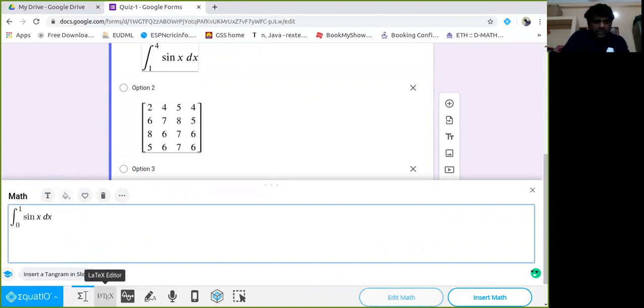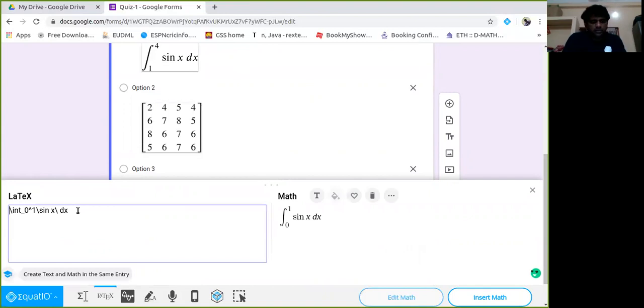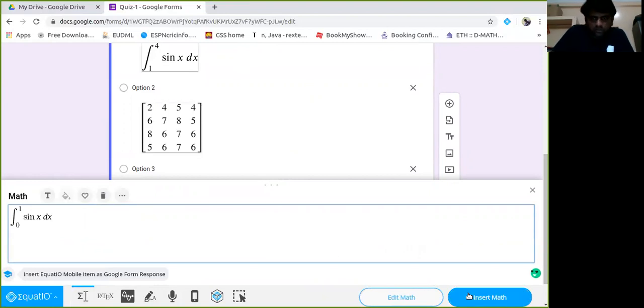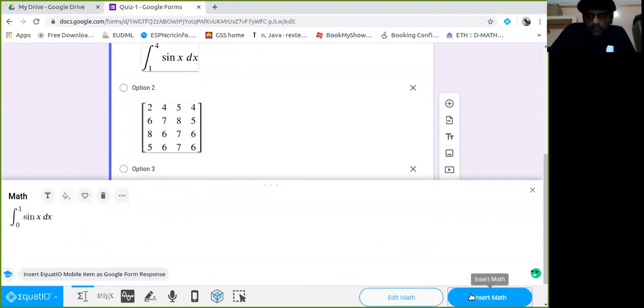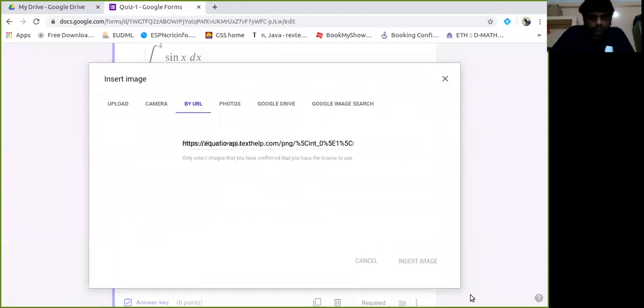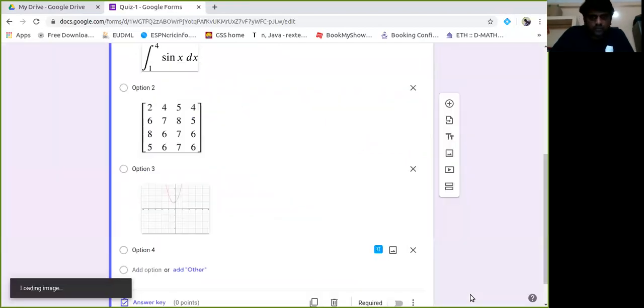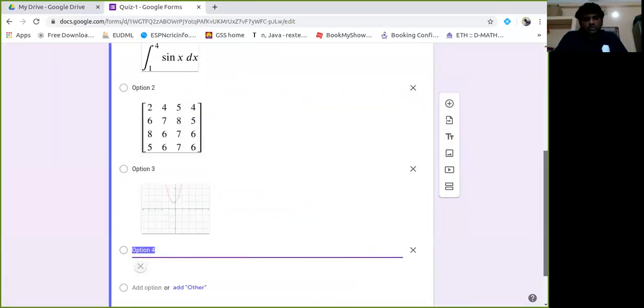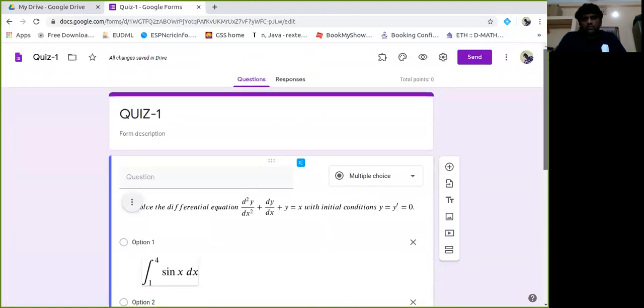Then click on the LaTeX editor. You can see this LaTeX code. We don't need this code, so we use only the symbol. Click on insert. See, in option 4, you can see integral 0 to 1 sin x dx.